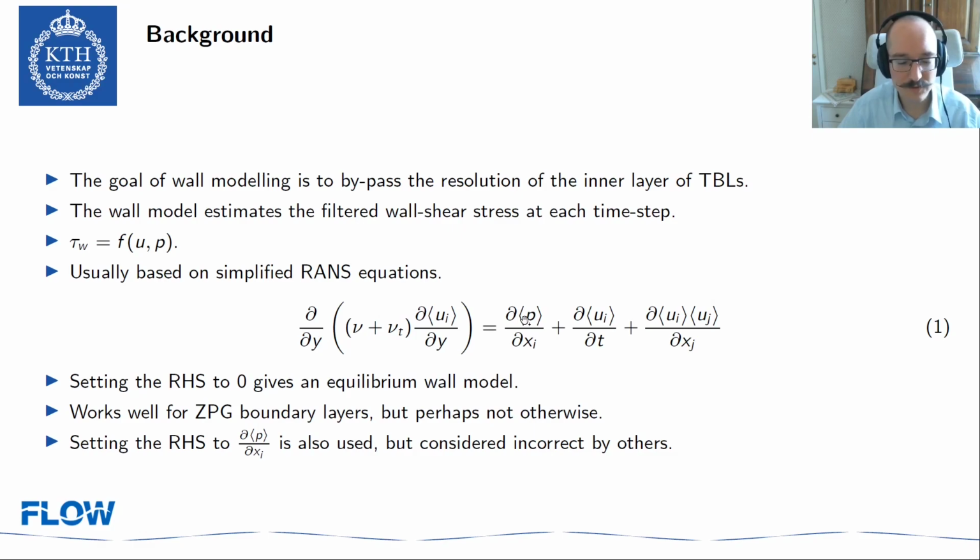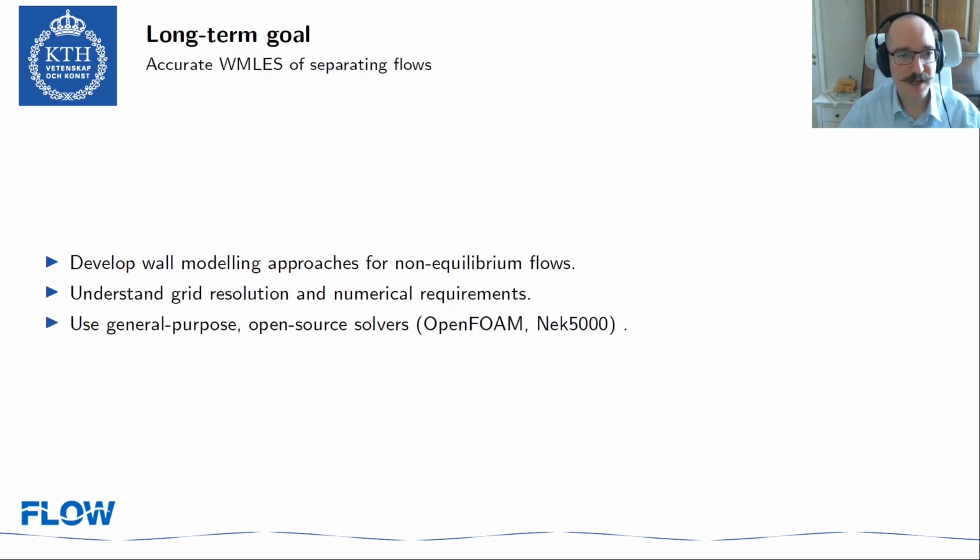This has been used in quite a bit of works, but is also met with criticism. The idea behind the criticism is that these two terms actually cancel each other out quite a lot, which means that if you only take one of them and ignore the other, you might get a significant overestimation of the right-hand side. So the long-term goal for us here is accurate wall-modeled LES of separating flows, and to